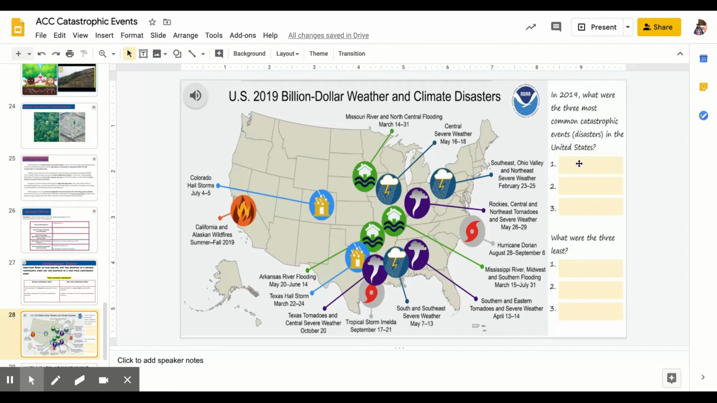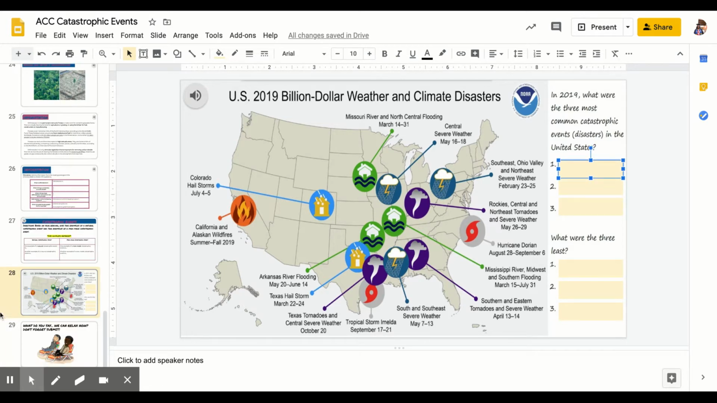You can just click and you should be able to type in them. Yep. So pay attention to the pictures. If you're not sure what kind of event it is, it tells you right over here. So like this little green one is flooding. This is a wildfire. This is a tropical storm or a hurricane. This one is severe weather. This one's a tornado. So just make sure you look at the wording at the bottom. And then you're done for the week after you finish this one,